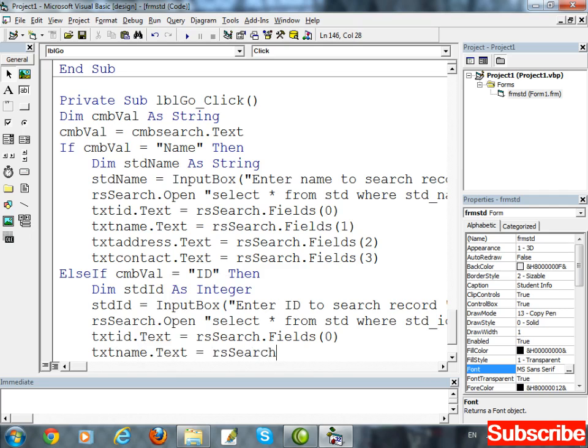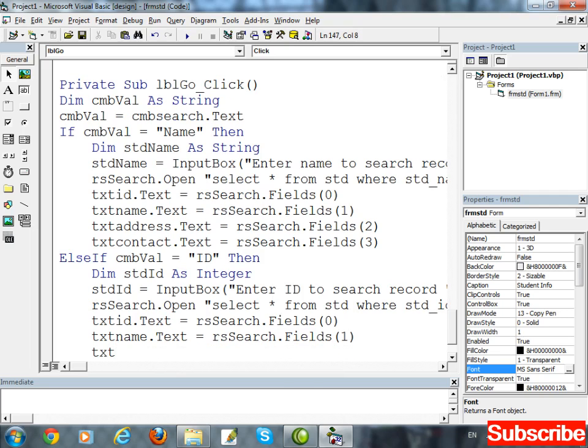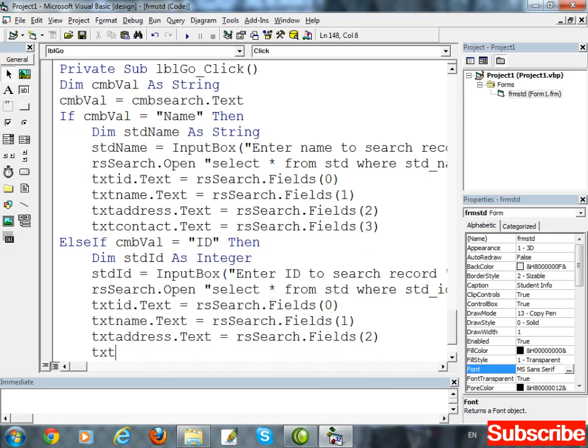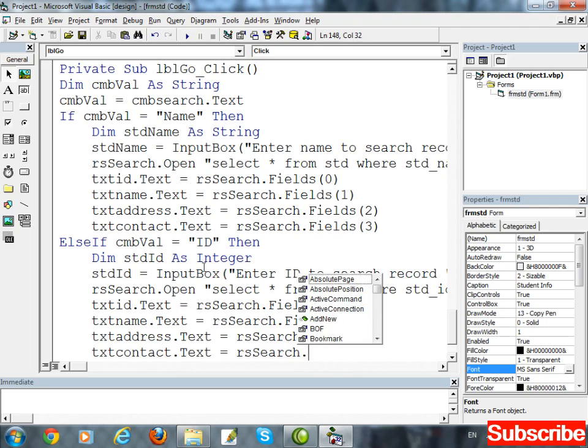Rs search is the name of record set. Assign the value of first index to txt name. Txt address, and contact.text equal to rs search field of 3.